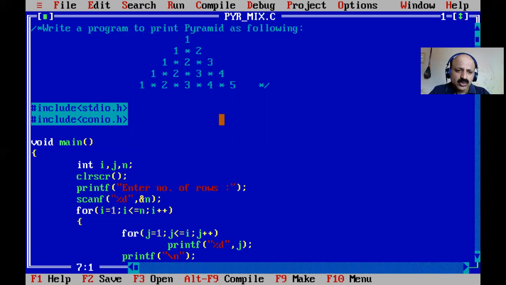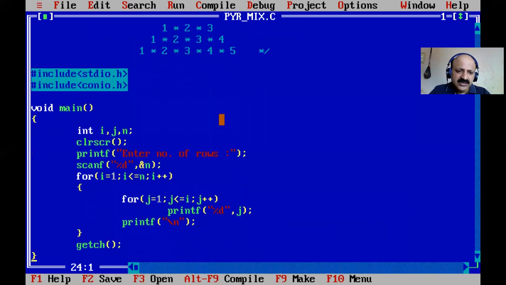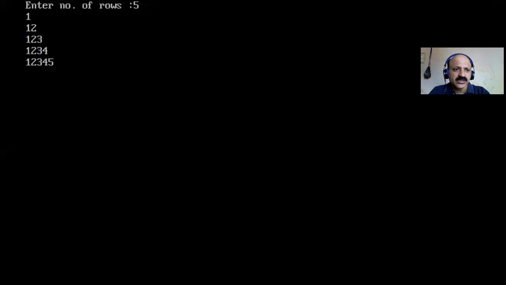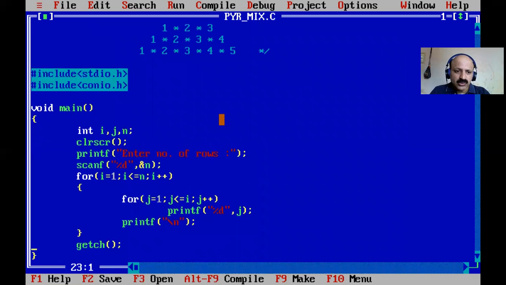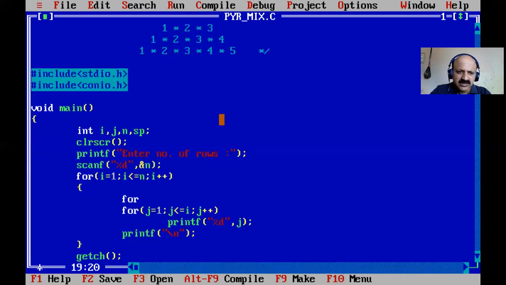So first, what to do: first I print this shape as our triangle pattern, that is, print in triangle shape. You can now observe here it is a right justified triangle. Now I take it to the middle side. So here I take another loop for spaces, sp, not s only, because sometimes it looks like 5 in value.